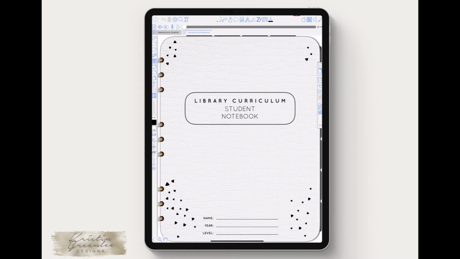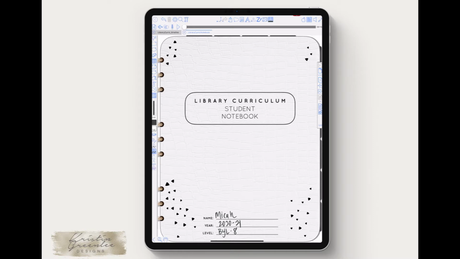The first thing you would do is to go ahead and use your pen tool or your type tool, either one, and you could go ahead and label this with your student. That way, if you have more than one student, you would import a notebook for each student if you're using the same device or the same Zoomnotes